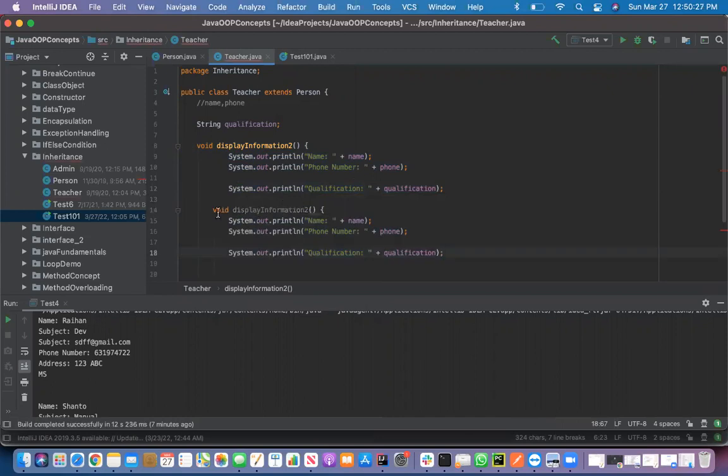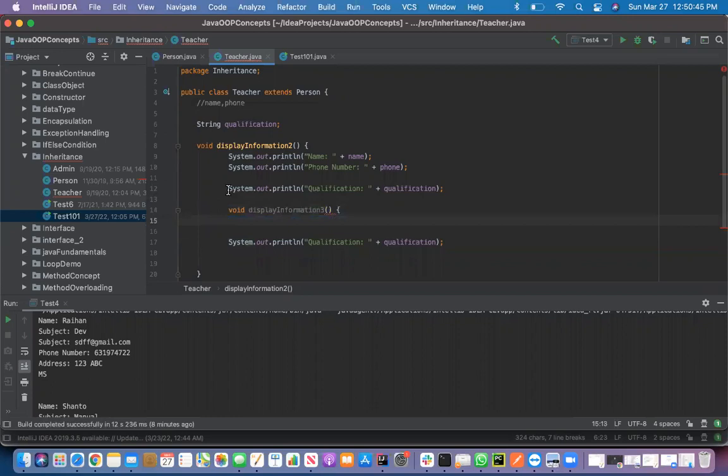If I use another method, void, I cannot give the same name, so just give 3 maybe. So instead of giving these two lines, just